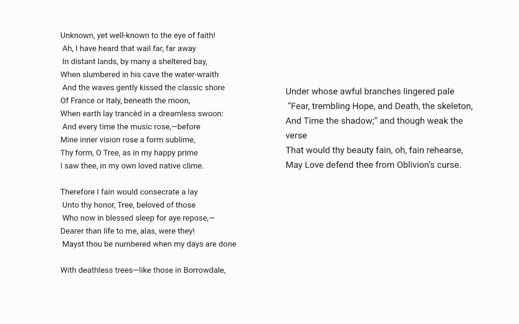This music brings to her, কোটেশন দিয়ে লেখো, ইনার ভিশন। যেখানে তো ভিশন নেই, তাই ইনার ভিশন, সে যেন অন্তর্দৃষ্টি দিয়ে দেখতে পায় কি, দ্য সাবলাইম ফর্ম অফ দ্য ট্রি, দ্য ম্যাজেস্টিক ফর্ম অফ দ্য ট্রি।